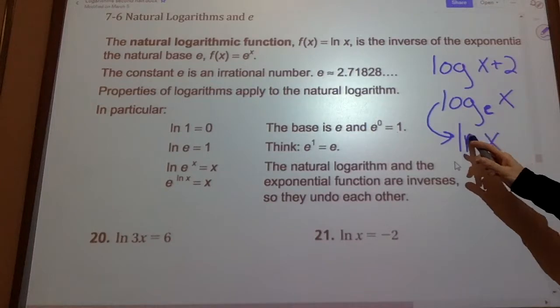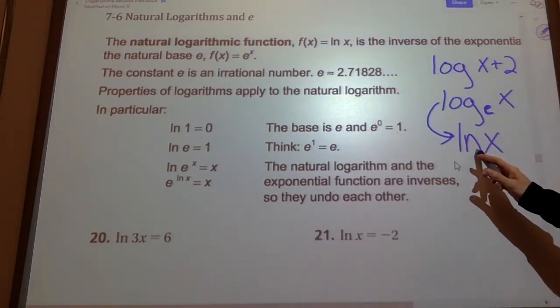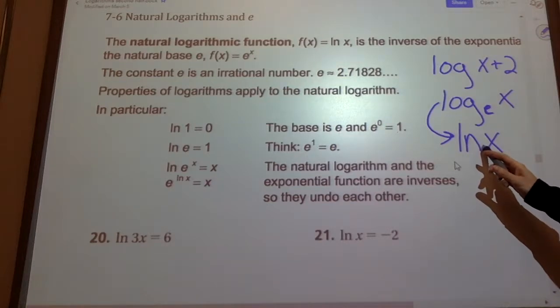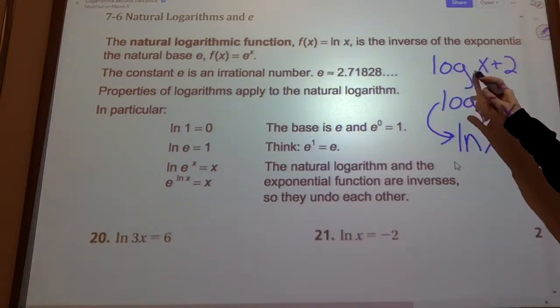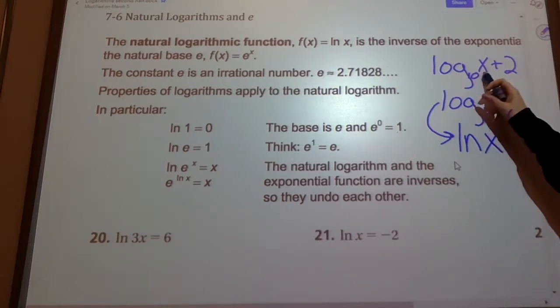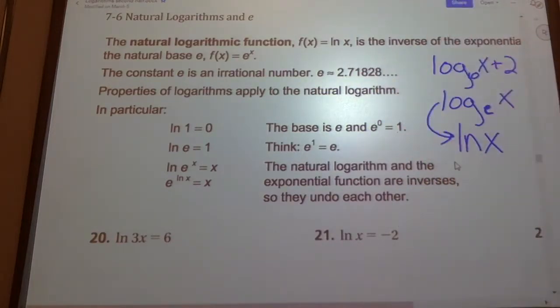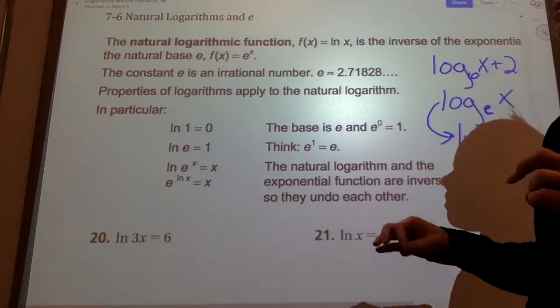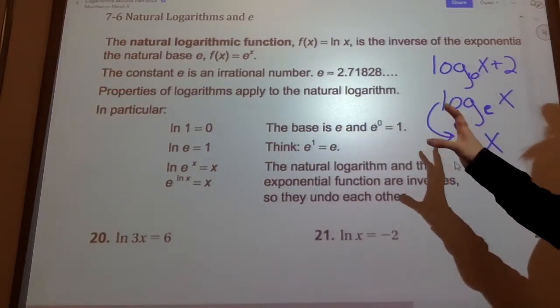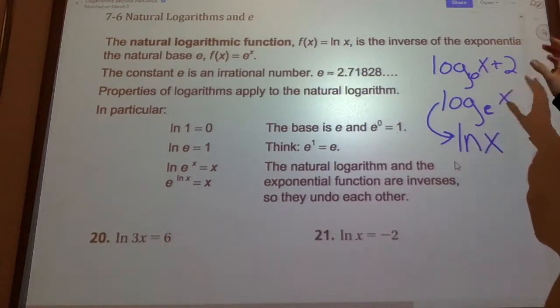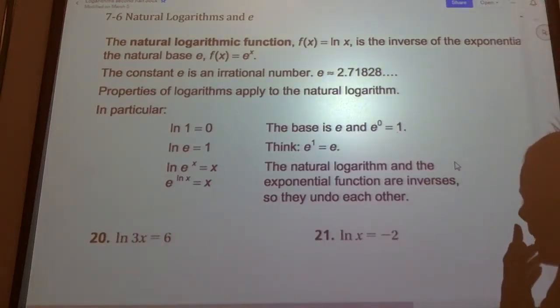So whenever you have this, to convert to exponential form, your base is e, okay? And that's a button on your calculator, and if you notice on your calculator, second ln is e to the x, because those are inverses of each other. Just like the common base, when we have a 10 here, if you go second log, you should see there's a base 10 to some power, because those are inverses of each other. So all of these properties that we've learned so far, the adding logs, the subtracting logs, the log to a power, all of those properties take effect because this is just another log, so those properties are going to work. A couple of specific properties to look at is